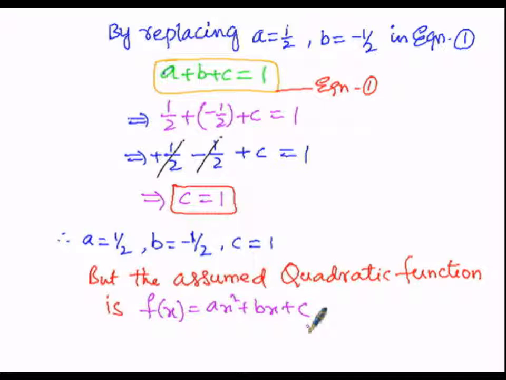Then we have to substitute those values, that implies f of x equals, a value is half, that is half x square, plus b is minus half, minus 1 by 2x, plus c is 1, then that implies